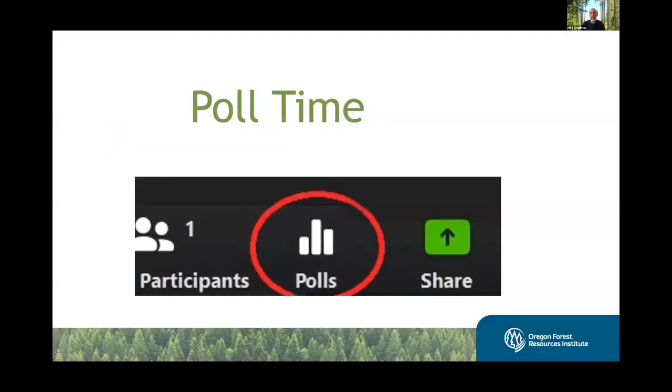So I'm going to switch. This slide is supposed to remind me that it's poll time. So I will open our first poll, and this poll has 5 questions, but they're all easy ones. First question, where are you from? Willamette Valley, Southwest, East Side, Washington State, USA, outside the USA. About yourself, are you a woodland owner, private natural resource professional, agency natural resource professional, nonprofit natural resource professional, or other? Then we want to know how many acres of forest land do you own or manage, all the way from 0 to 1,000 plus.